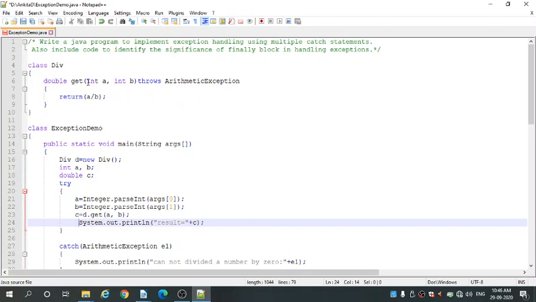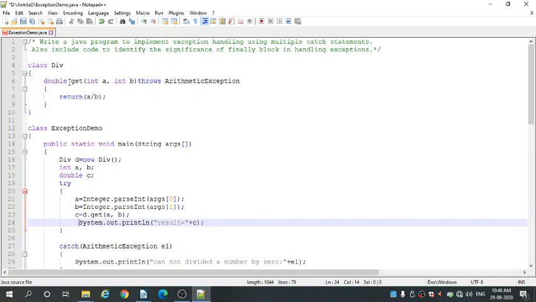And for this method we have passed two arguments of integer type, so it is int a and int b. Okay, so what is double? Double is a data type in Java. Its value range is unlimited. The double data type is generally used for decimal values just like a float.